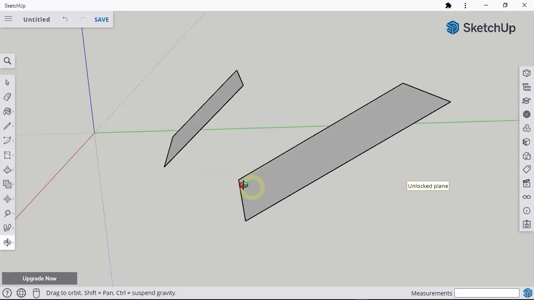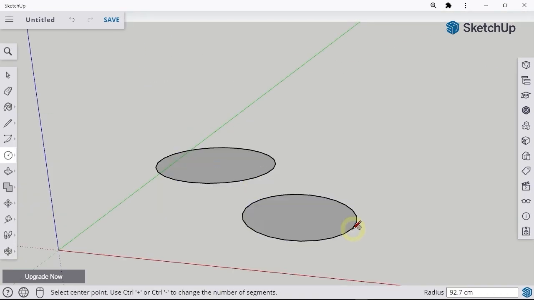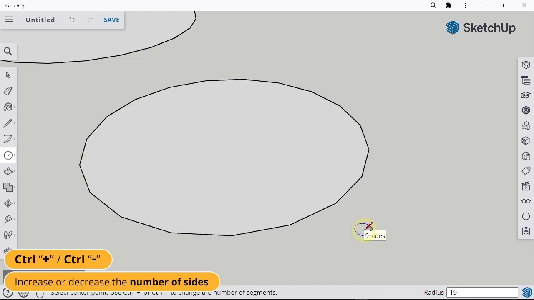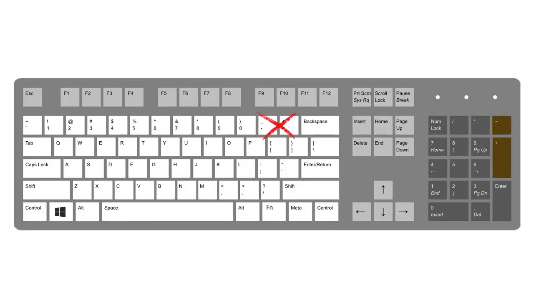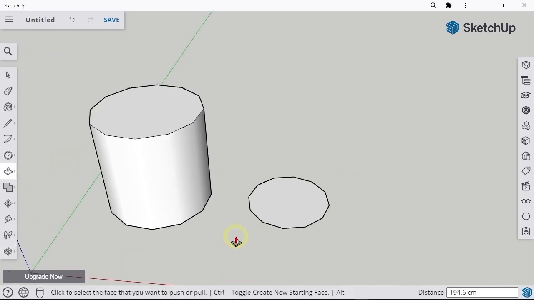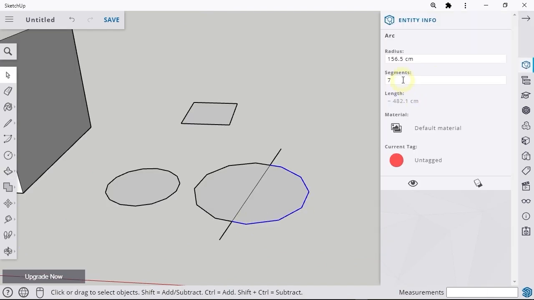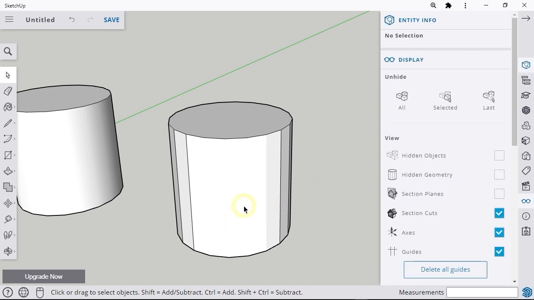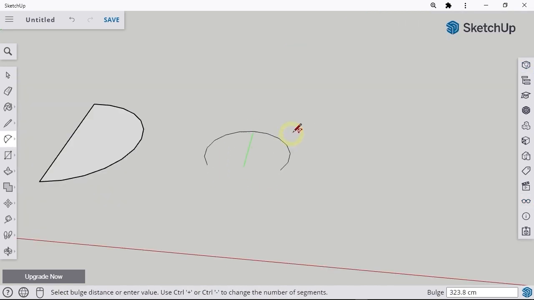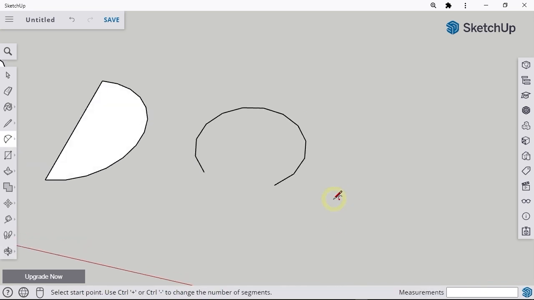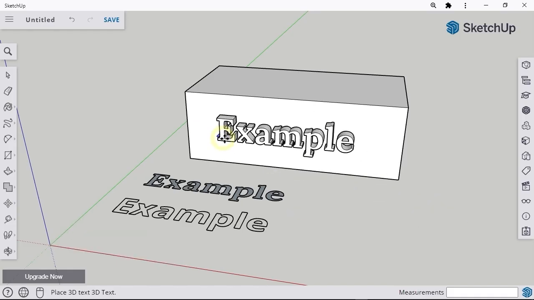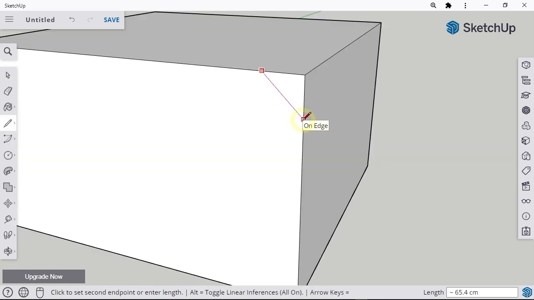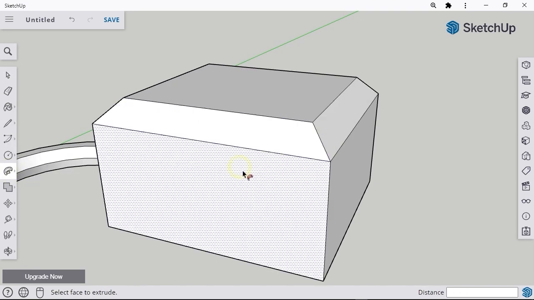In the fifth chapter, we will discuss various advanced modeling techniques. You will learn how to use rotated rectangle, learn the ins and outs of the circle tool and the polygon tool, then learn the concepts and techniques of smoothing 3D object surfaces. Then, you will learn how to use the freehand tool as well as the arc tool, and then create 3D text objects. And finally, learn to use the follow me tool.